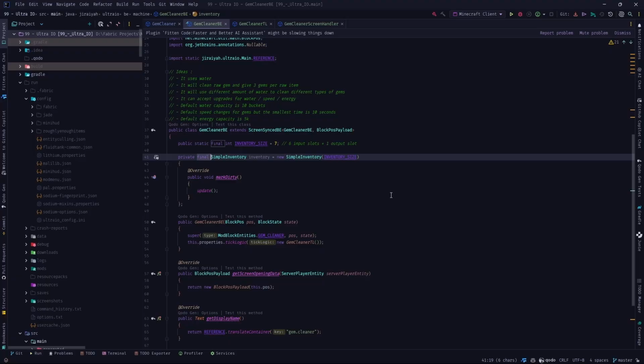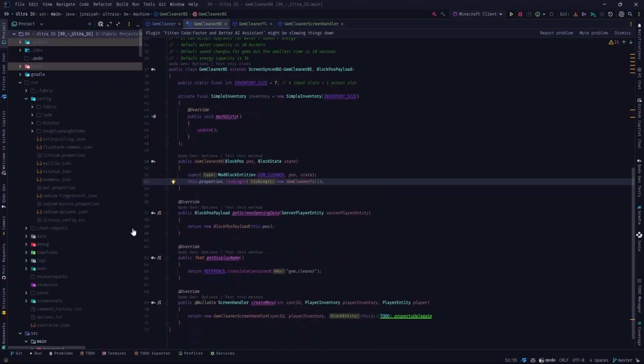Of course, it will be a complex situation of handling proper item moving or dropping or things like that. But keep in mind that if you have something like that, the inventory can't be final because you will have to instantiate a new temporary inventory, move the items from the current inventory to the new one, and when it's finalized, then assign it to be the new inventory in the block entity. Okay, now that we have update in the constructor, we don't need to do anything,